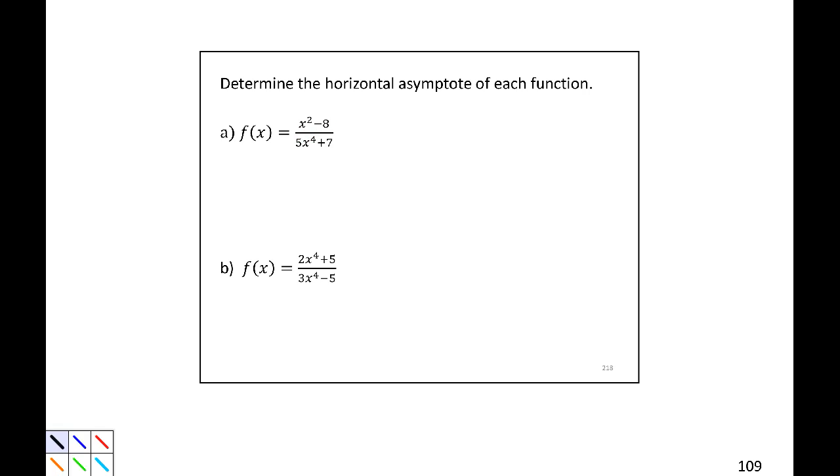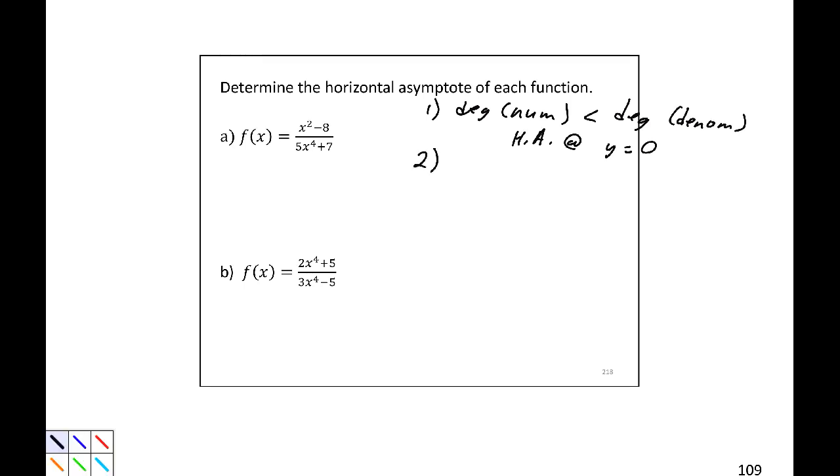Well, based on the chart we have in our notes, if the degree of the numerator is less than the degree of the denominator, if the numerator has a degree that's less than that of the denominator, we have a horizontal asymptote at y equals 0. That's one case. Second case,